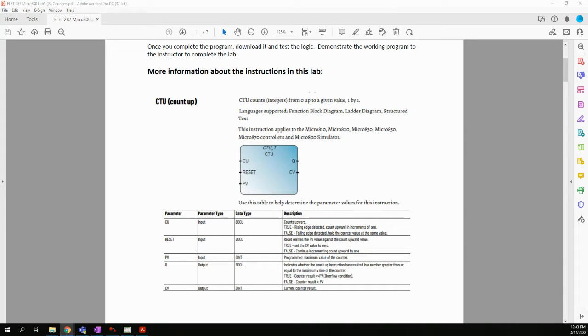That'll turn on the output, or the Q, of this count up block. Once you've reached the maximum value, the counter will continue to count up. So if more boxes cross in front of the sensor, it'll continue to count to 11, 12, 13, etc. So what we need to do is reset the counter. By resetting the counter, we will put the counter back to 0,